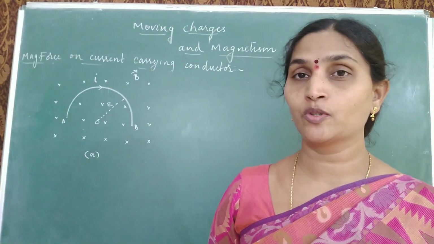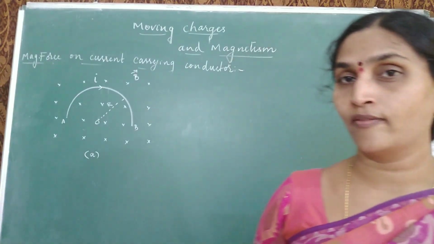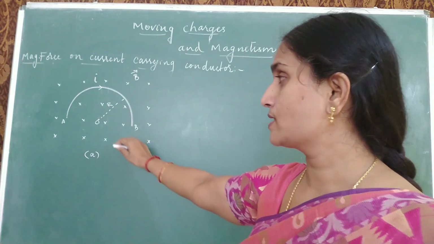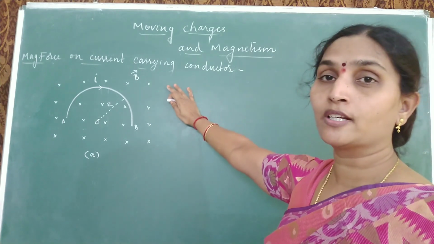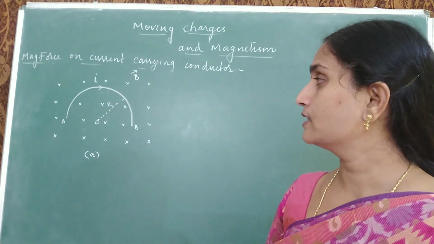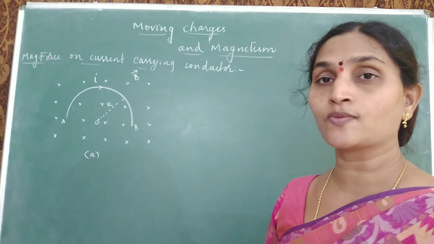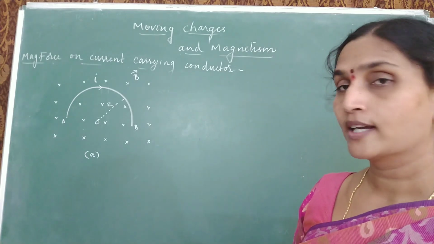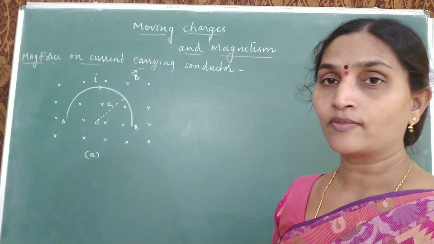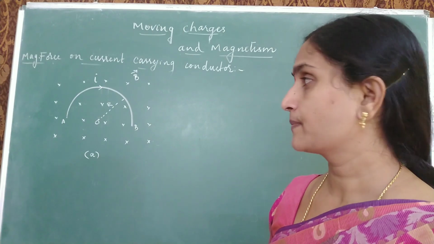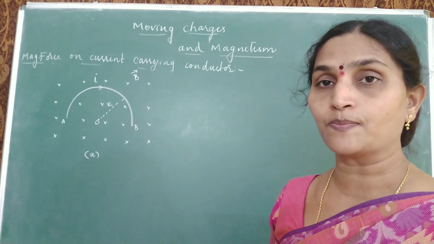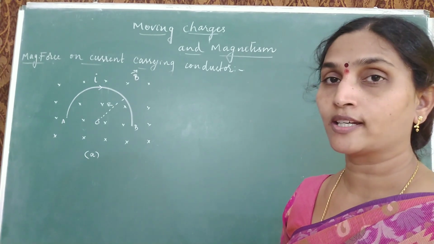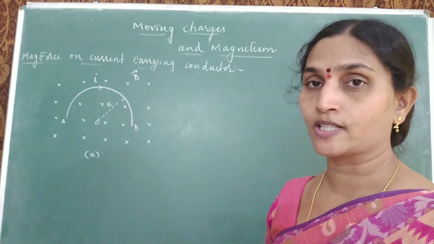Let us look into one more question. That is to evaluate the magnetic force acting on a semicircular loop of wire placed in a perpendicular magnetic field, carrying a current small i, and the radius of the semicircle is given as capital R. Whenever you have to solve this type of question, that means when your conductor is not a straight conductor but has different shapes and sizes, then look at the shortcut method to solve it.